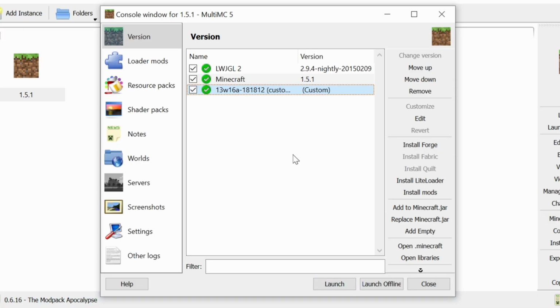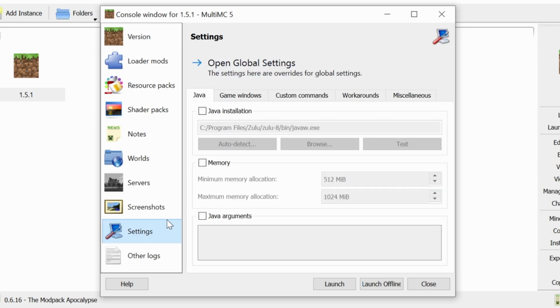Now, if you want to use skins like Betacraft offers with its proxy, you're going to have to do one more step here in MultiMC to get those skins to work. So just go here to Settings and go to Java Arguments and click that box. And you're going to have this box to type stuff in. And I have a thing located in the description below. You're going to copy that and paste that here. But if you want to type it manually, it's